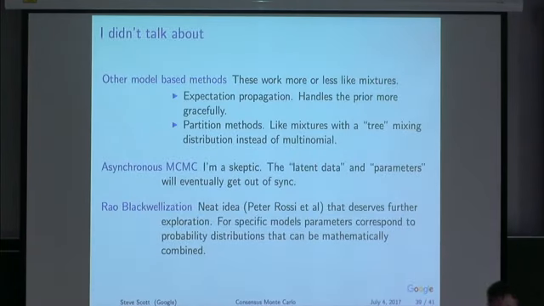All right? Okay. There are other methods that I haven't discussed here. I don't want to give the sense that this talk is an overview of everything people have done in the divide and recombine or consensus Monte Carlo world, because there's other stuff out there. I wanted to focus on these particular methods because when I talk to people about this, these are the ones that people bring up the most. But people are doing other interesting things in this space. Things that deserve special mention: Andrew Gelman has a method for doing expectation propagation, which handles the prior distribution more gracefully than I do. But it's very similar in other respects to the Dirichlet process modeling.